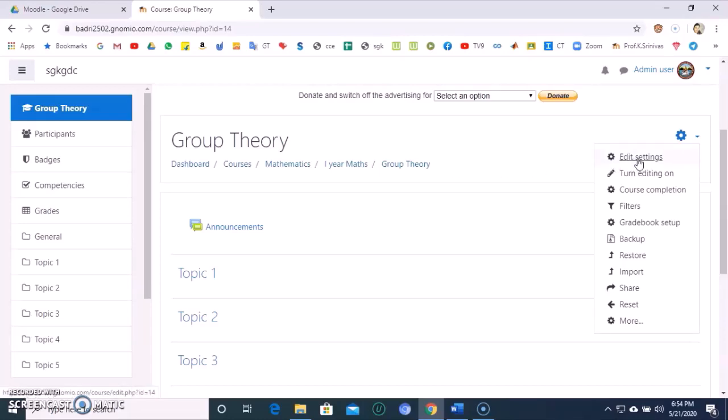So in order to upload content to the course, make changes in this, we will click on turn editing on. So we have to upload content or give announcements in these sections. So to make changes to this, we click on the second option, which is turn editing on. So click on that.